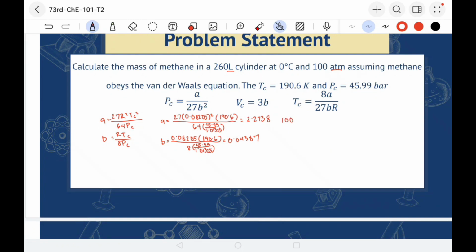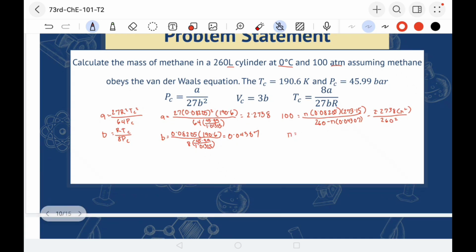100, which is our pressure, is equal to n times 0.08205 times 273.15, which is our temperature, which is 0 degrees Celsius, all over 260 minus n times 0.04307, which is our b, minus 2.2738, which is our a, times n squared all over 260 squared. We will get a value of n, or the number of moles, of